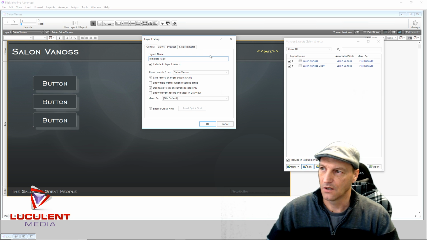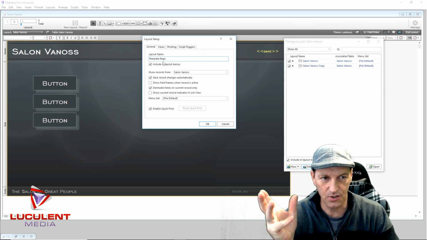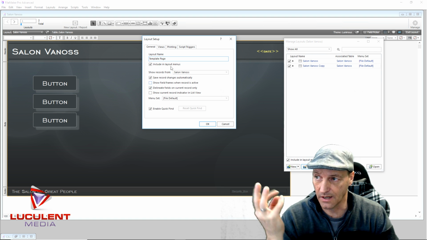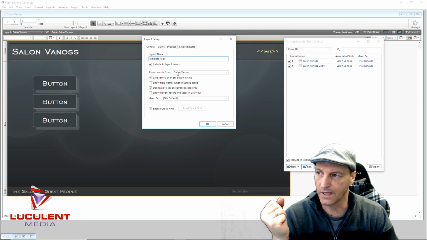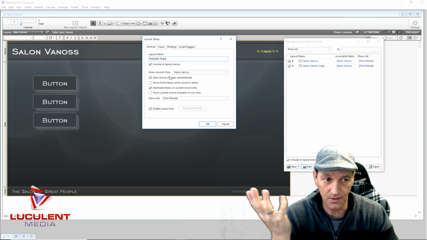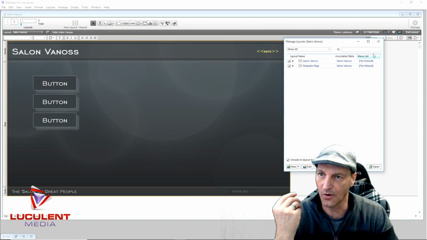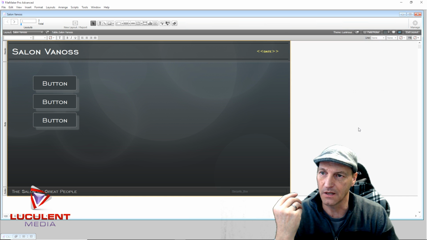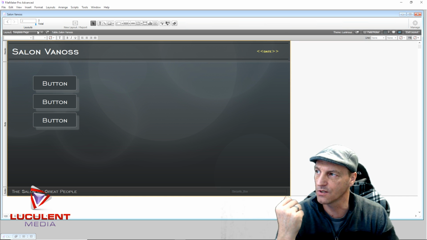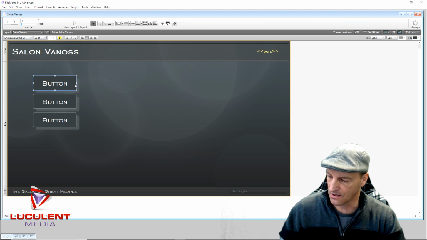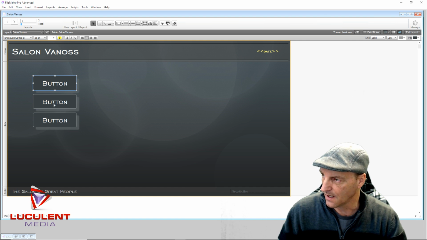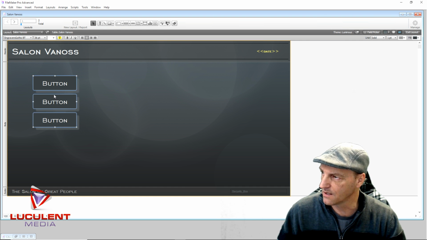And notice I didn't put an underscore there. I can just call it template page. It doesn't have to have one. And we can say show records from Salon Vanoss. That's fine. It doesn't matter. But if we get farther into this, you'll discover that right now you have two pages and they're identical to each other. But if I took this Salon Vanoss page, and I held the shift button and grabbed all of these,